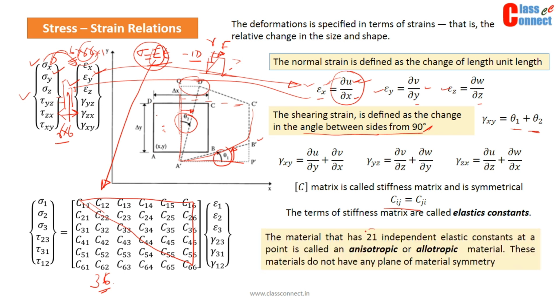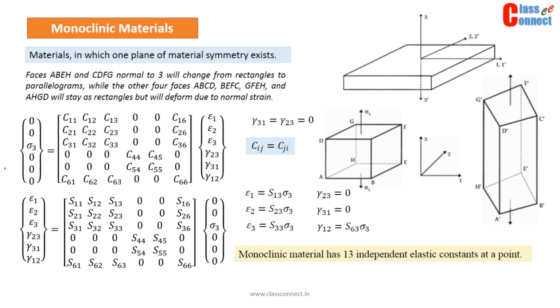So it means we need 21 independent elastic constants at any point for an anisotropic material. Here I am using this particular word, a point, everywhere when we refer to stress or modulus of elasticity or any material properties. It means stress is always at a point, and the properties that we evaluate also refer to a particular point. So with this, now we can try to reduce the 21 elastic constants for the different materials.